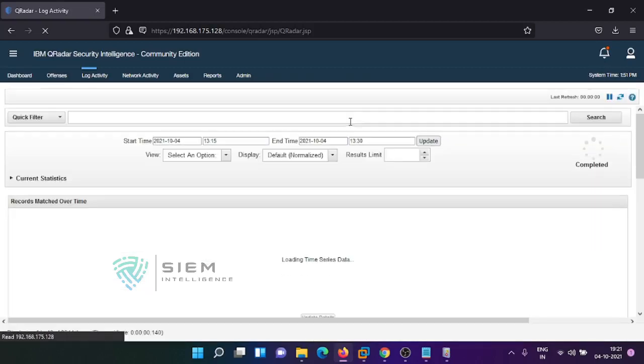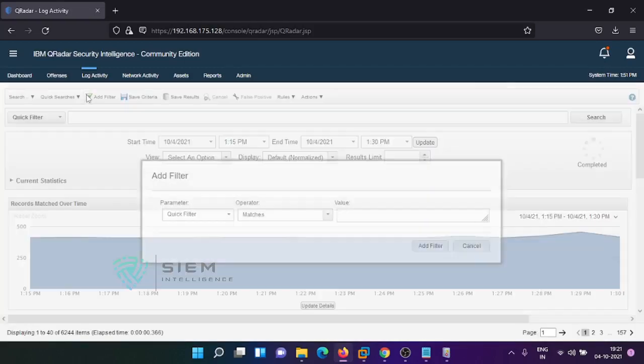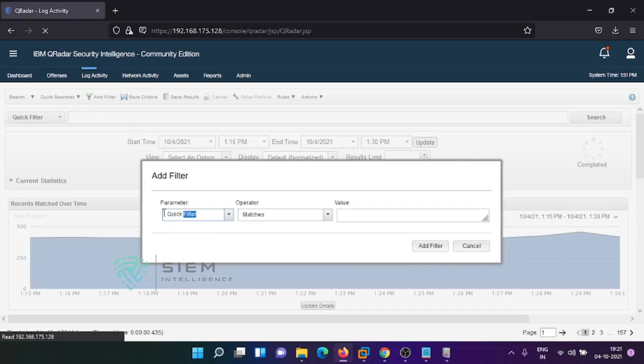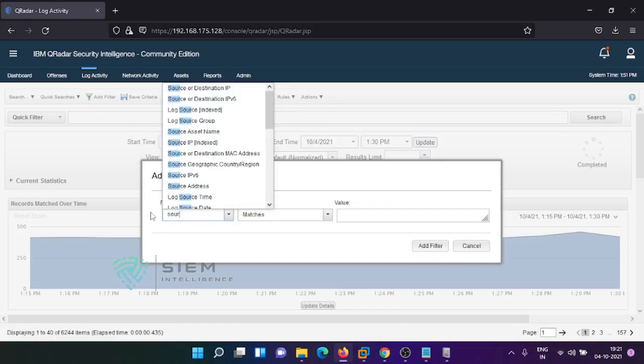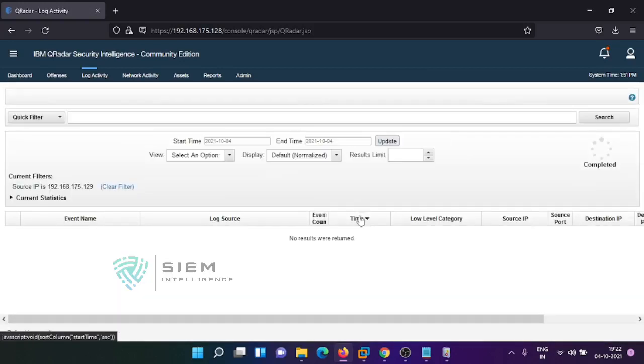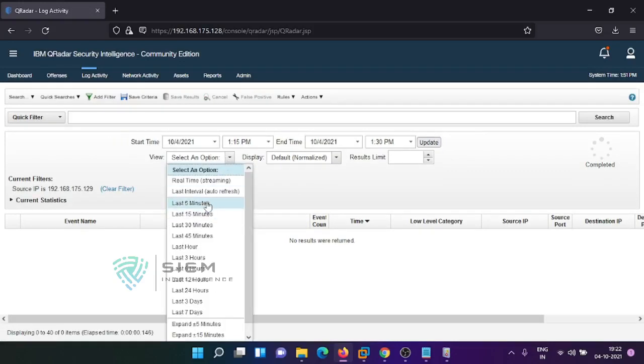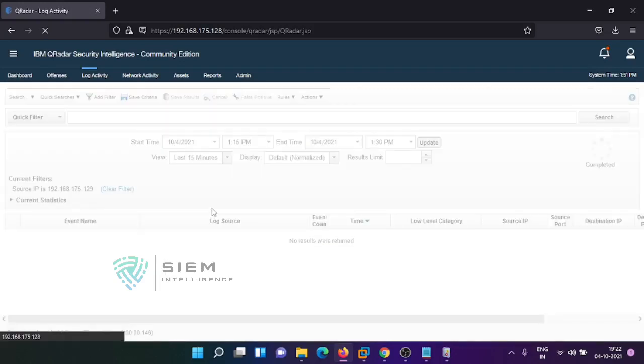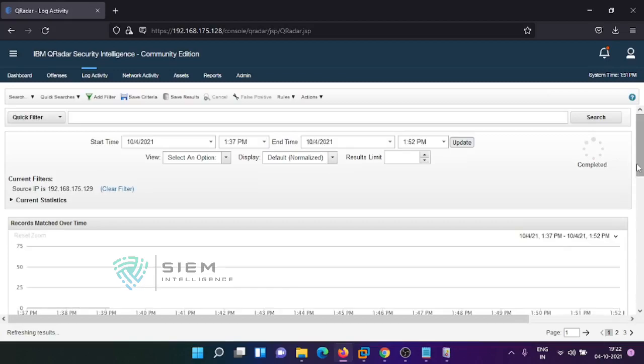First and foremost, we need to select the source filter by using source IP 192.168.175.129. I think 129 only, or 130. I think it's 129 only. And I'll check the last 5, 10, 15 minutes. Is there any log or not?